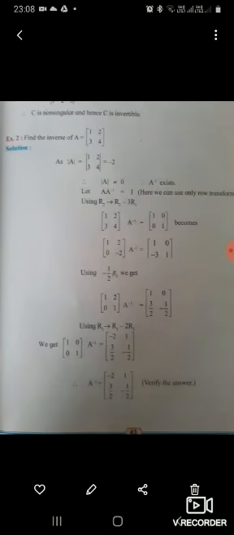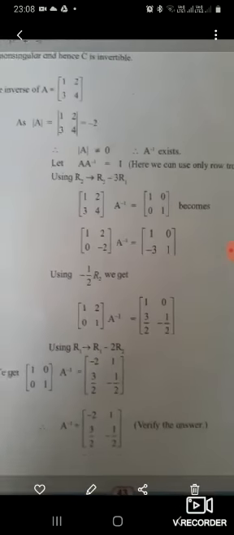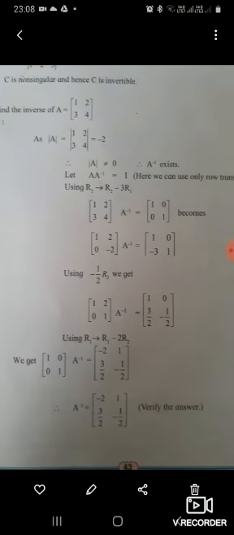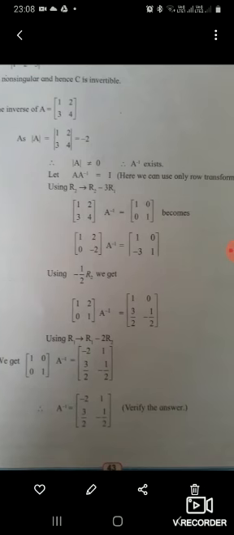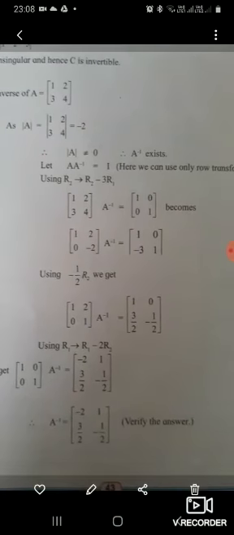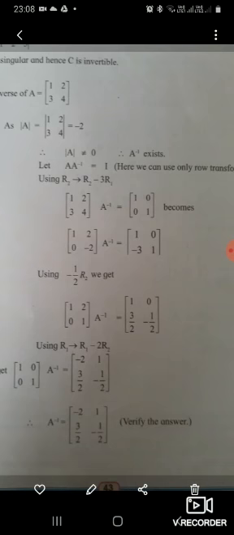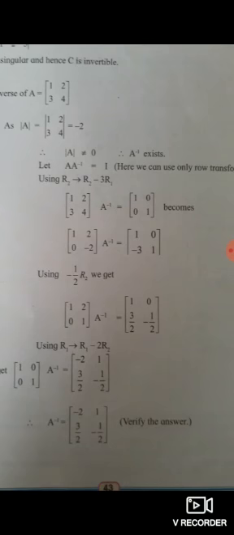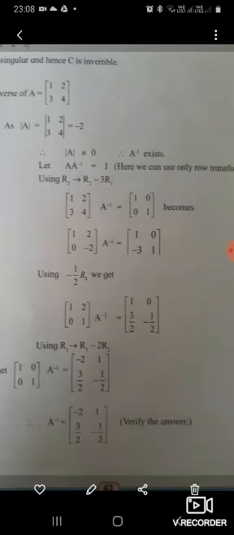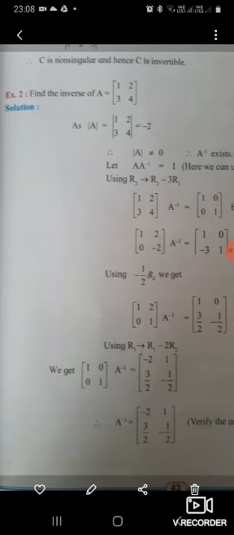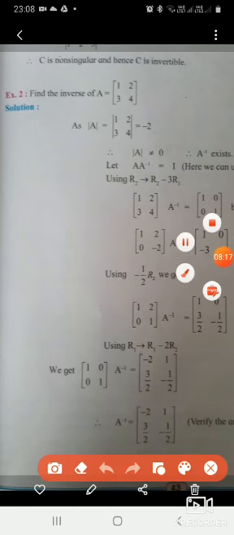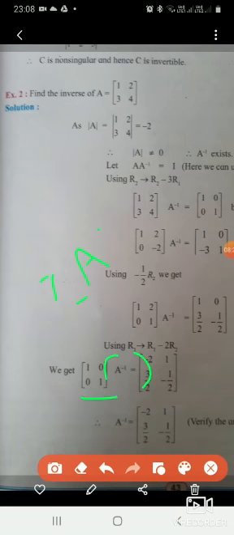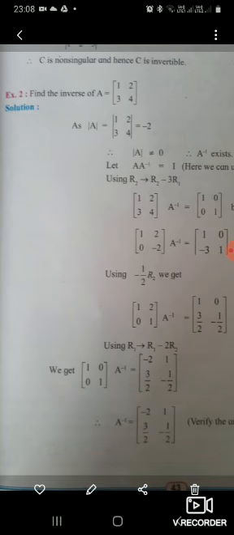Now listen. Here, see, first one 2 by 2, 1 2 3 4. The same matrix. The same sum is discussed here. Listen. We have to find out whether it is invertible or not. If A inverse exists, then any type of operation you can do. But at last we need it this way: identity matrix and A inverse. So identity matrix and A inverse, that is equal to A. You are going to do that.